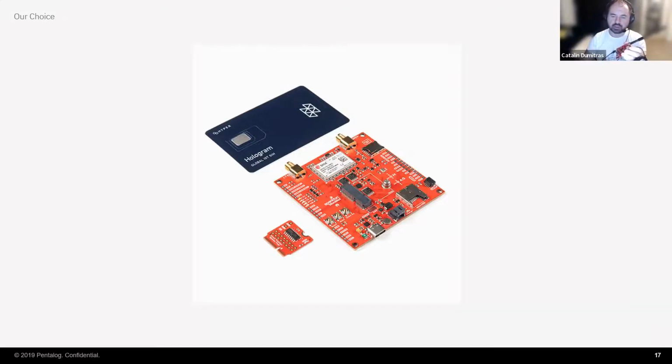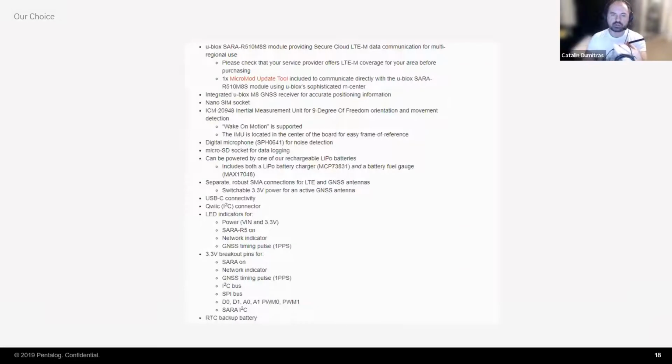And that's very important. Now, why have we chosen this, right? We talked about LTE-M. We talked about the GPS receiver, which is really, really good. It's an M8. Usually the ones you buy for $7 are really bad, like M4 or something. Well, it's not very bad. It's what you're paying for. It has an inertial measurement unit, very important for where we're trying to measure corner G-forces, a digital microphone,